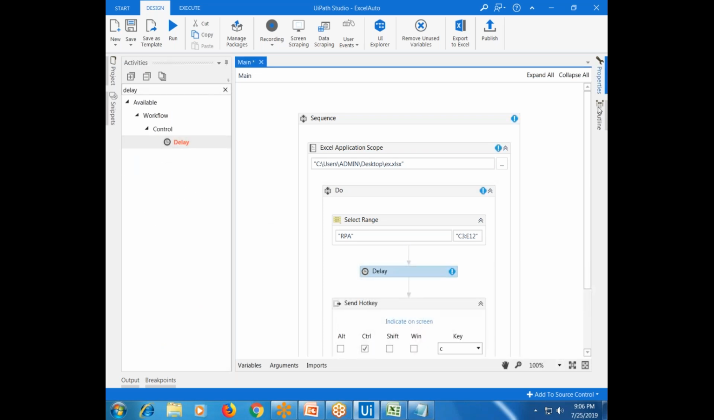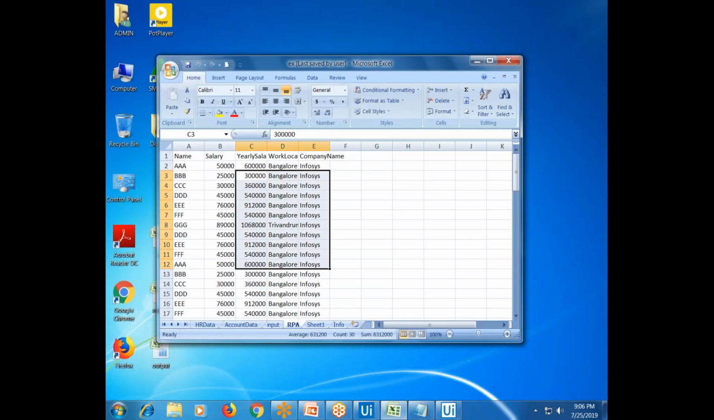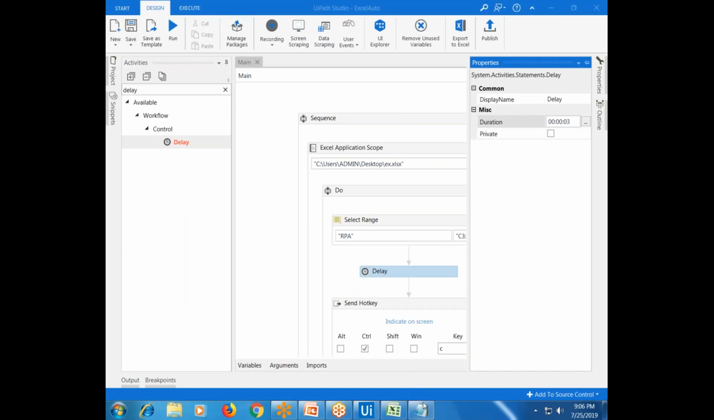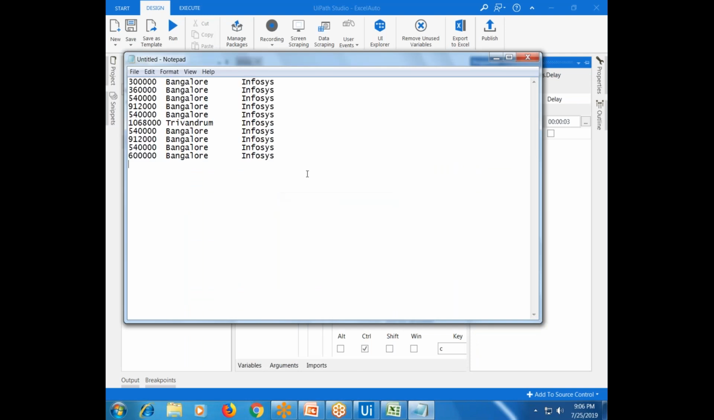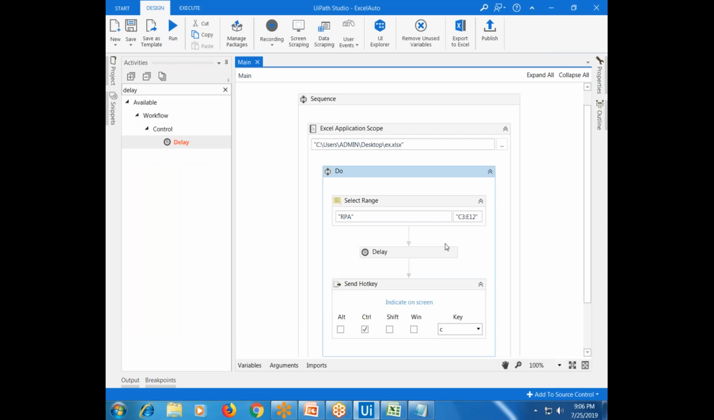Yes, we give some delay, 0 to 3 seconds, and run it. Yeah, I think it's working now. I'm just pasting here. So this is the selected range. Like that, sometimes you have to select the range and Control C, so apply the normal keywords. In such cases, you want to use this. If you want to copy the particular range